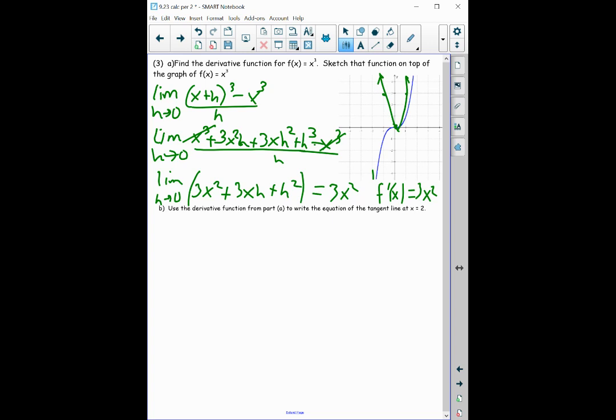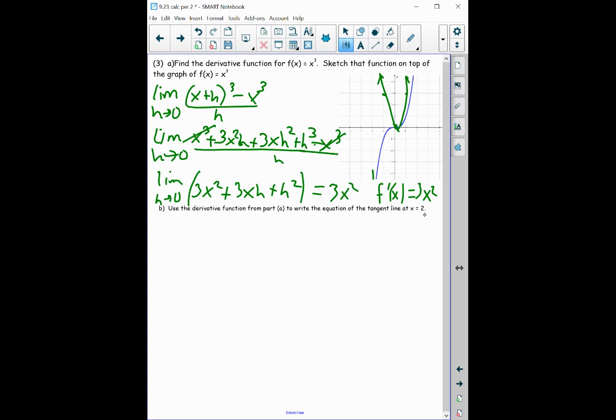And then we'll get into more as we play through this unit. So our goal throughout the rest of this unit is to play with the derivative, learn how to interpret the derivative function, the domain and range of a derivative function, and so on and so forth. But let's keep going. So I want to use the derivative function from part A to write the equation of